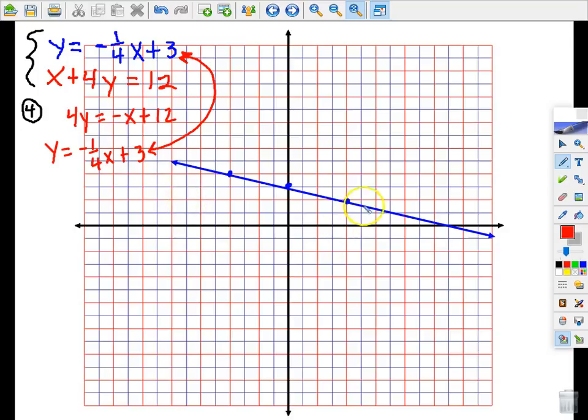Okay, since lines never stop, you can tell by my arrows, this line continues forever and ever in both directions. So there is no possible way to come up with all of the ordered pairs on a line. We would spend the rest of our life and we would still not have them all, because this line goes to positive and negative infinity. So the way we're going to represent our answer, interpret our answer, is we're going to say that there is an infinite